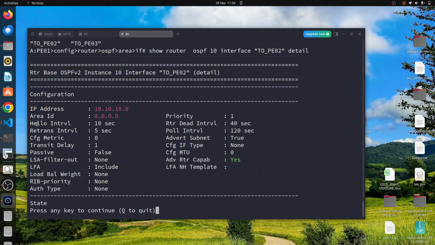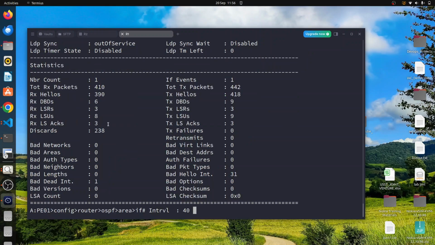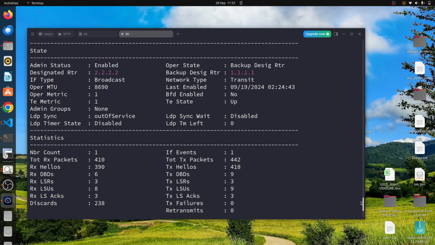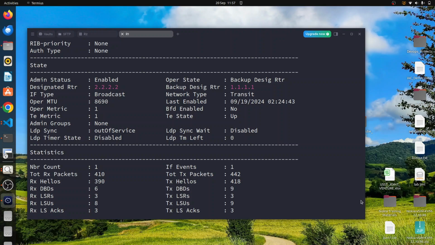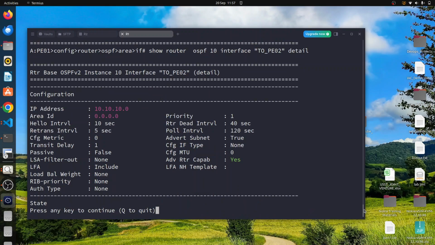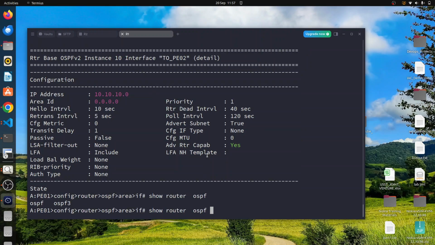The interval is also set to the default, it's set to 10. Let me just scroll back. We'll run the same command again. The hello interval is set to 10, and the dead interval is set to 40. So now the hello and dead intervals are matching, and you've seen that now in show router OSPF 10 neighbor,